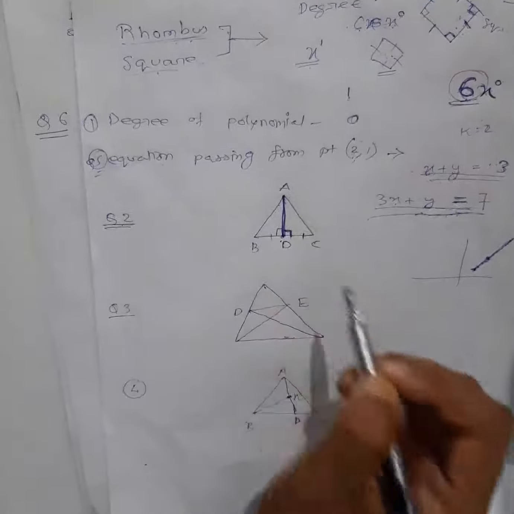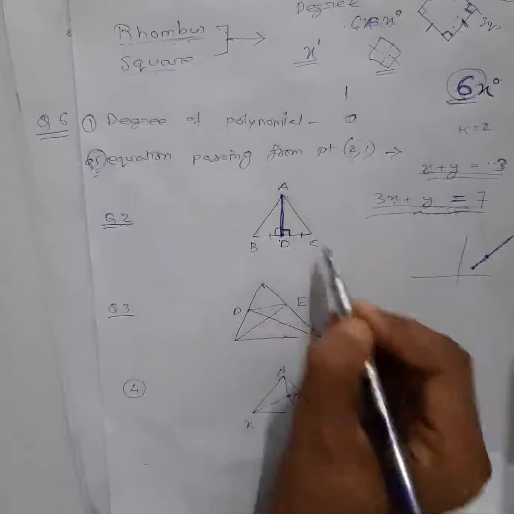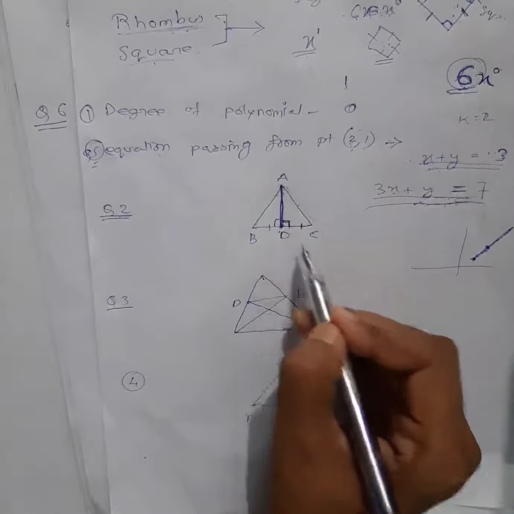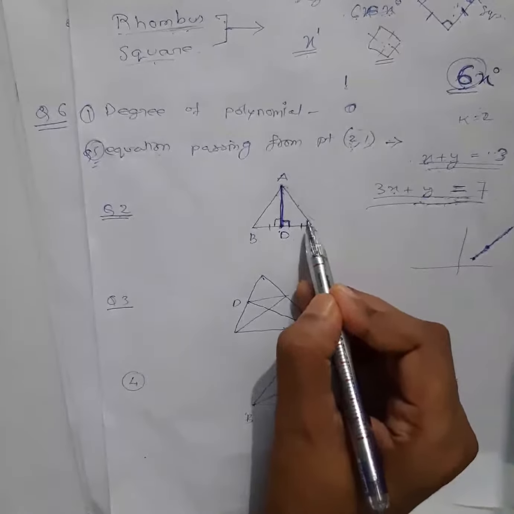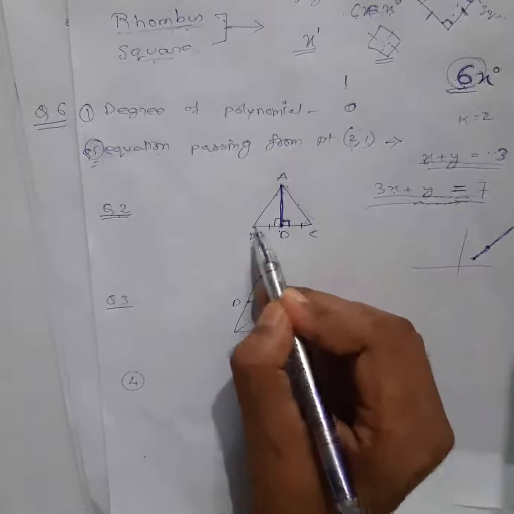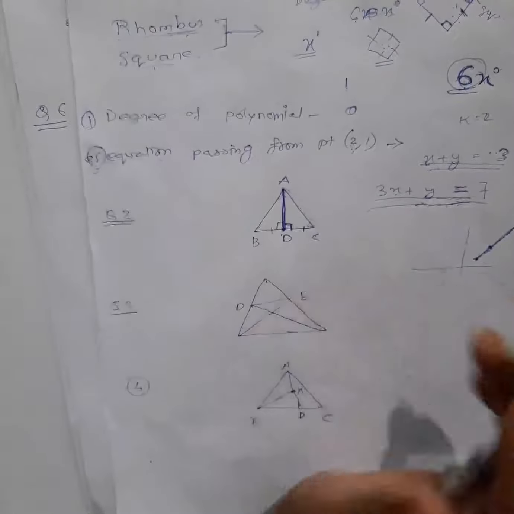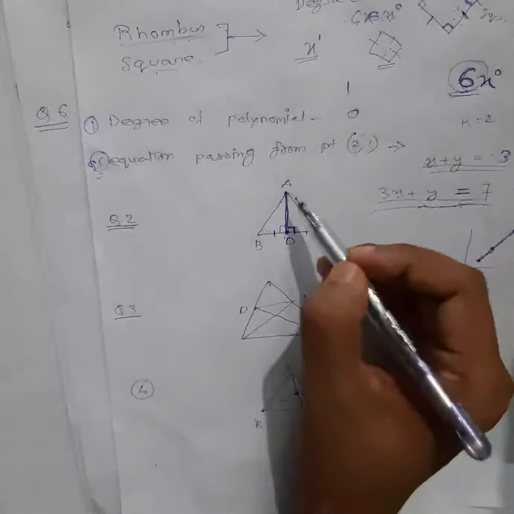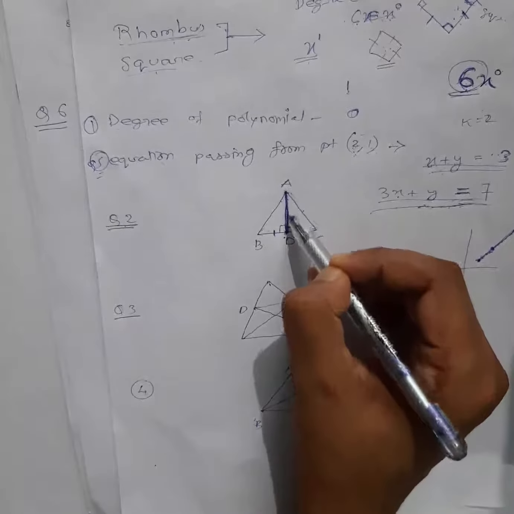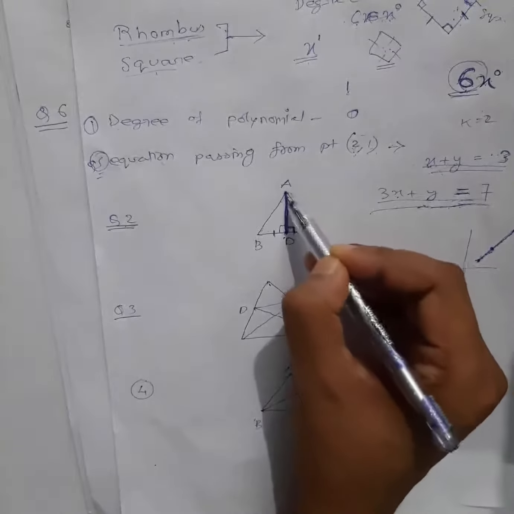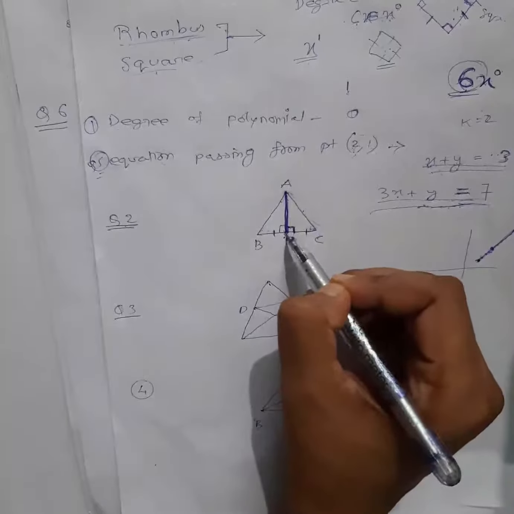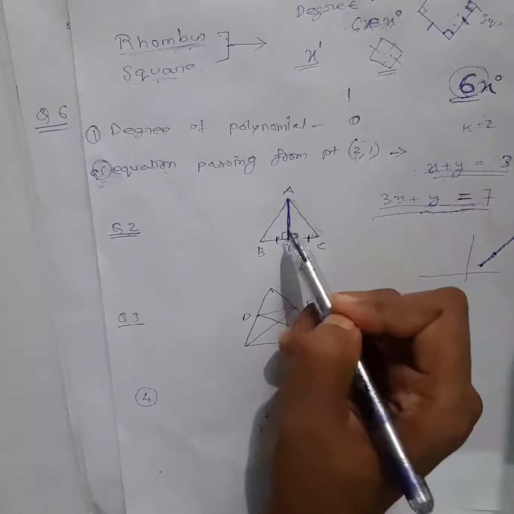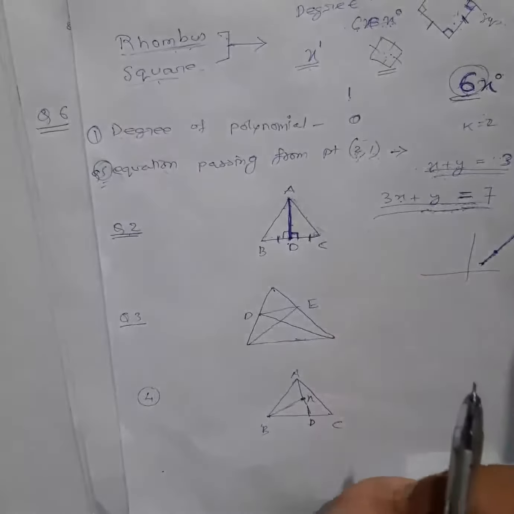So to show this equal, most of you directly wrote AB equal to AC. It's not given. And some of you wrote that if a median is given in a triangle, opposite angles are equal. You have written this opposite angle. Now this kind of property we don't have. So see, what is given to you in the question is that this is a median, right? If this is a median, we know the property of a median is what? It will be a line from a vertex to the midpoint. So if this is the midpoint, I know this is equal. So try to find out what information is given in the question, and according to that information only, try to find the solution.